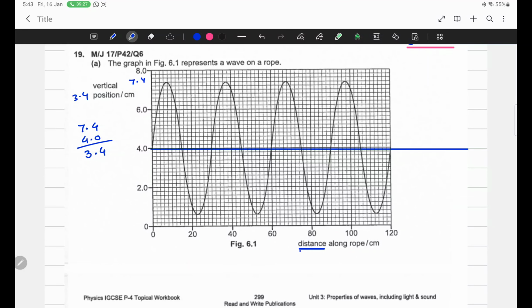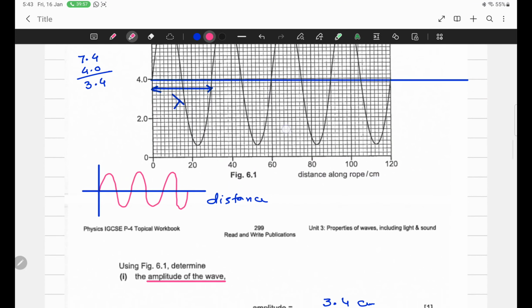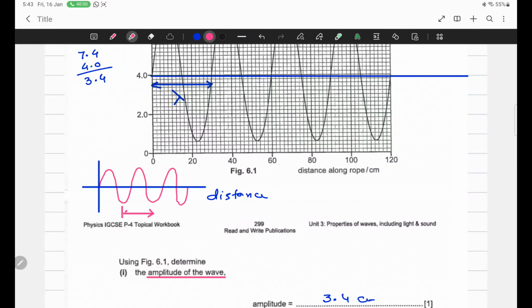Remember, if along the x-axis it is distance, then the horizontal distance of one cycle is called one wavelength. Trough to trough is one wavelength. Crest to crest is one wavelength. But if along the x-axis you are given time,